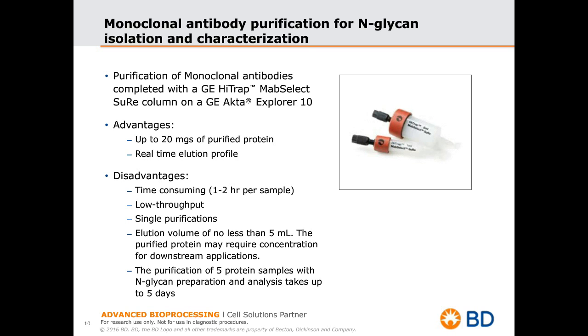It's further necessary to strip and regenerate the column between samples to avoid potential cross-contamination. A further disadvantage is low throughput, since only single purifications can be performed. It's not possible to align several columns on the same system and purify them all at the same time. The typical elution volume obtained with a 1 ml column is up to 5 mL. Depending on the concentration and volume of the sample load, culture supernatant, the final purified protein may require concentration for